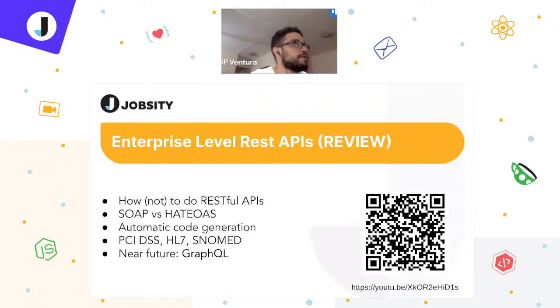Oh, wrong computer. Some more details about this. If you are interested in watching the previous presentation, you can just access the QR code with the link to the previous presentation, or just type the URL right down here. And I did some scaffolding, or let's say best practices, regarding how to do or not to do